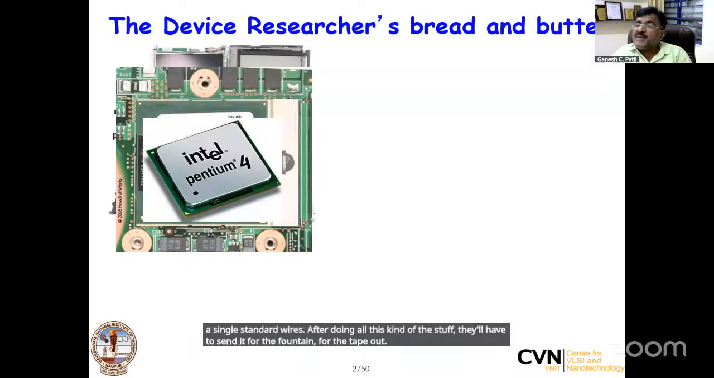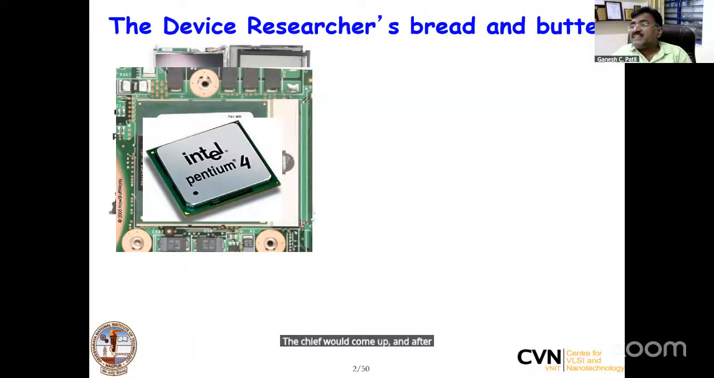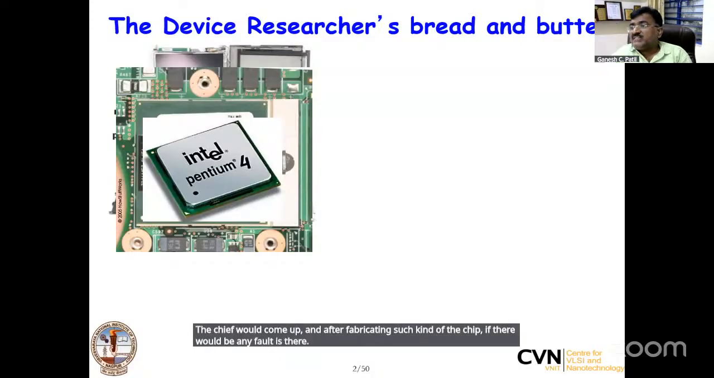The chip would come up, and after fabricating such a chip, if there is any fault, there is no choice. They'll have to throw it away. That is why the gap between the development of the 4-bit processor, like the 4004, and the 8080 was